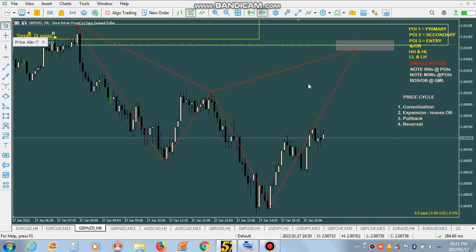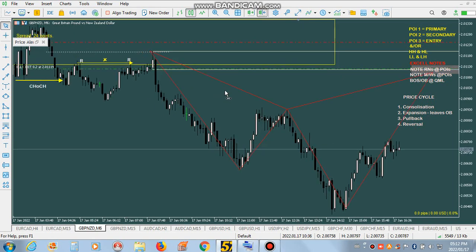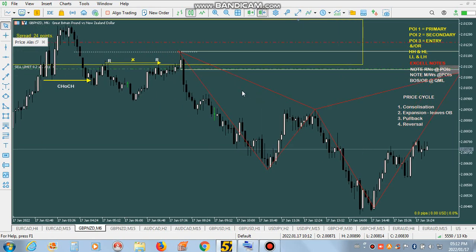Remember guys, like I always say, price can just go here and blow through and go, or it can get into this zone, trigger my order, and then it can sell off. So this is what I have for you guys today. As you can see, I've already placed my limit order. This is my sell limit, 0.2 lots, and I'm expecting price to go up to this point, fill me in,